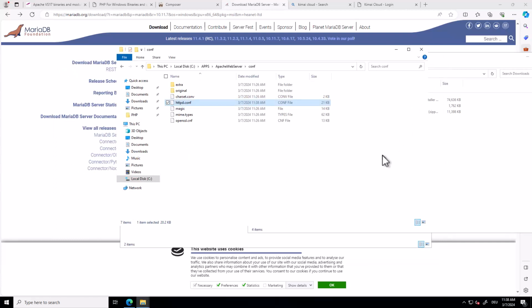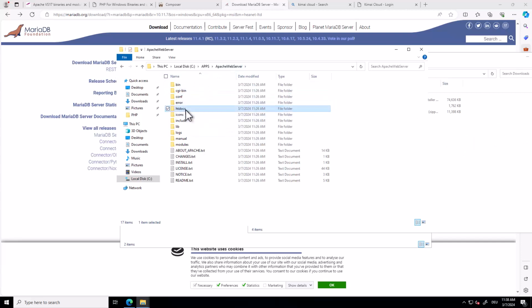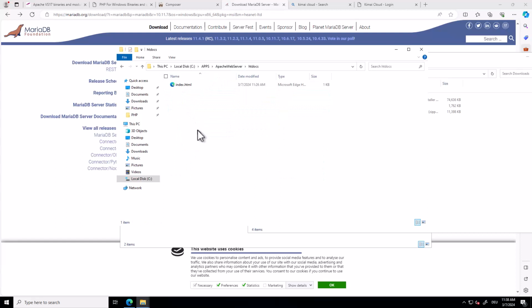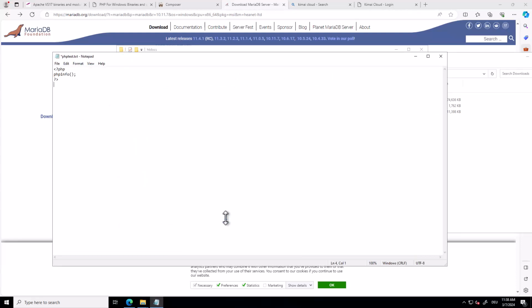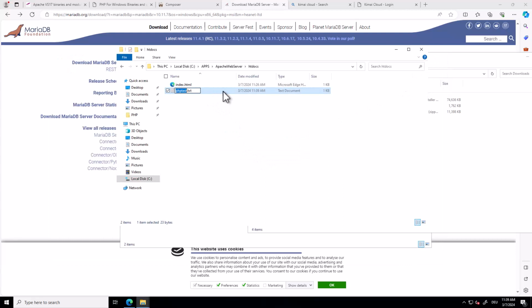And if we've done that correctly, we can start the Apache Web Server, and I will use PHP. In order to be able to test that, we set up a small test file for ourselves. Let's go one folder up in the Apache Web Server and go to htdocs, which is all the files that will be served from the web server. Let's create ourselves a new file in here, and paste this information. This is a short PHP information that will display showing that PHP is running correctly. So that should be then renamed into